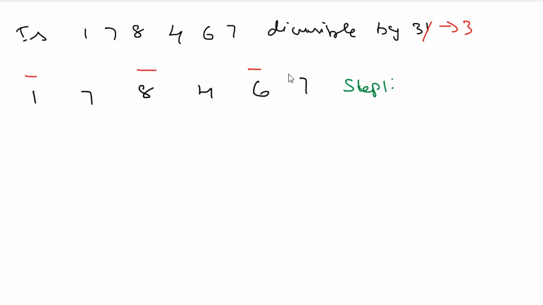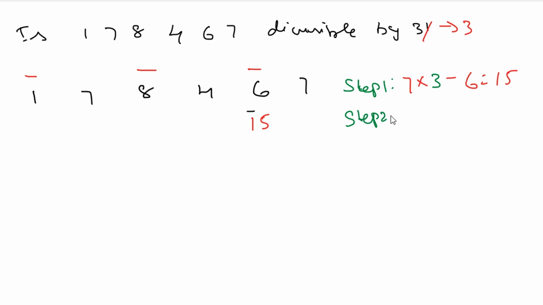Now, what is step 1? You will multiply the unit digit of this number, that is 7, with an oscillator. What is the oscillator? That is equal to 3, minus 6. So 7 into 3 minus 6, that is 21 minus 6, which equals 15. You will write down 15 at the bottom of this 6, and then you will convert the second digit as a negative value.